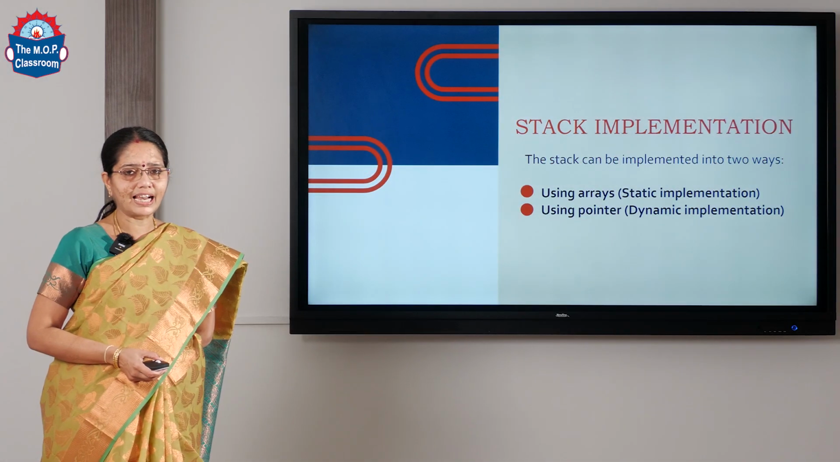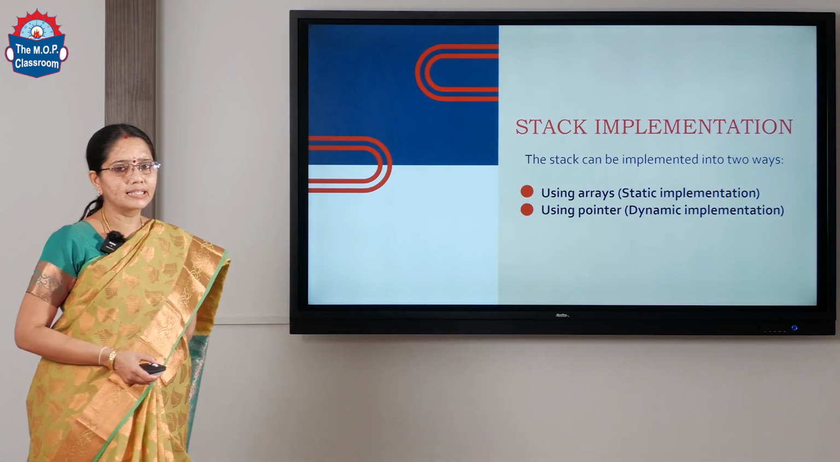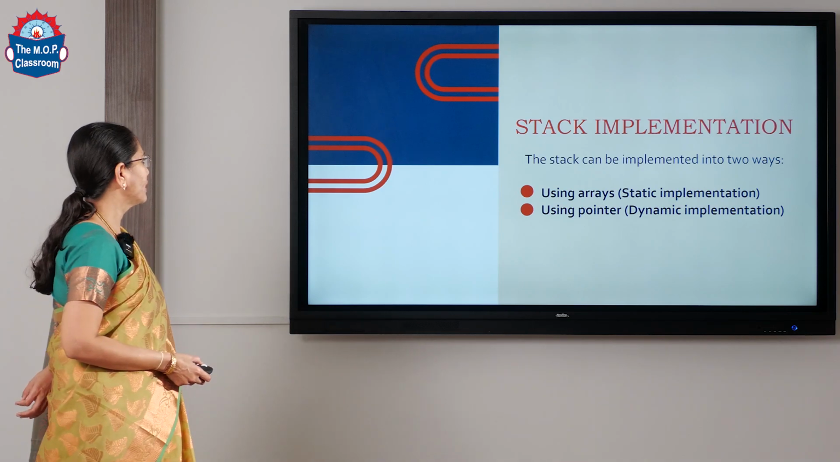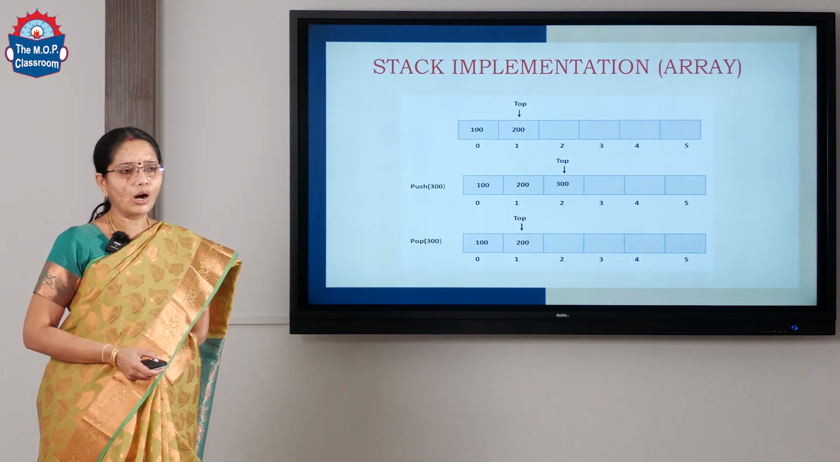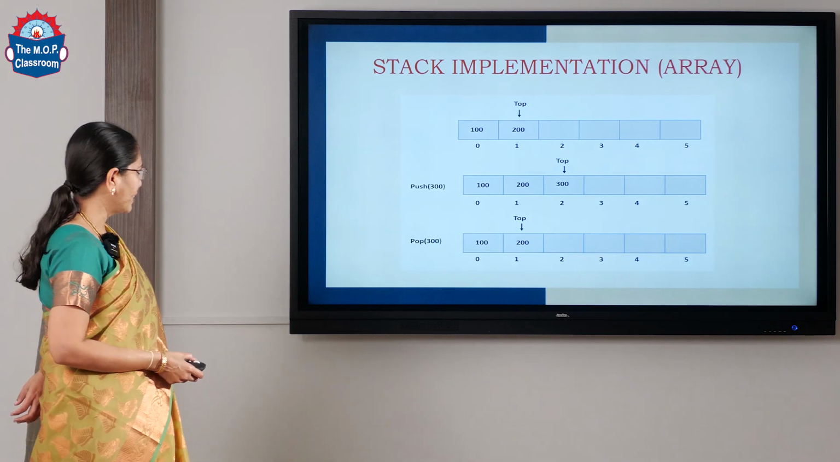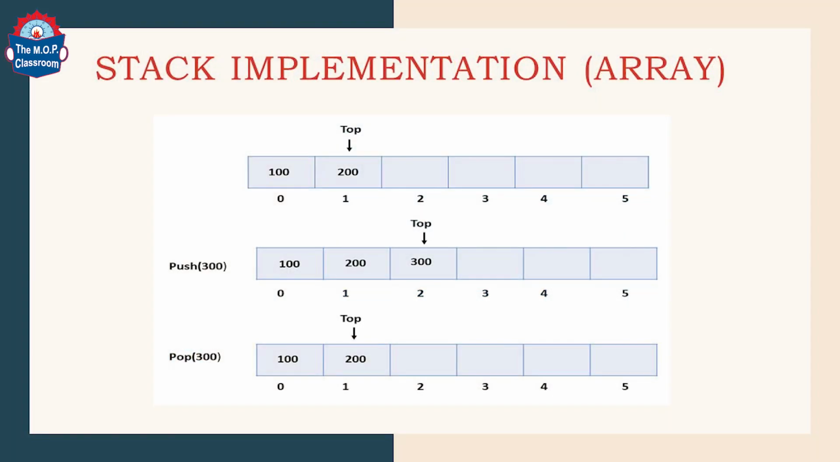When we implement stack using pointers, we call it dynamic implementation. So let us see an example of how stack can be implemented using arrays. In the topmost figure, we can see that we have declared an array of size 6. And already there are 2 elements in the stack, that is, at stack of 0 we have 100 and